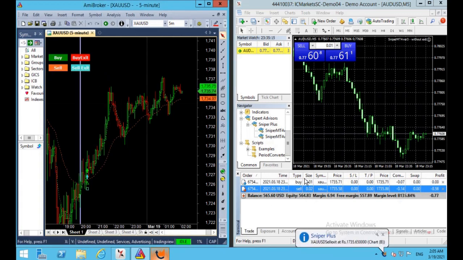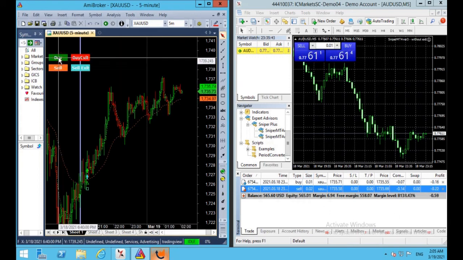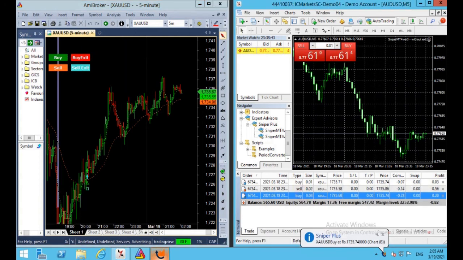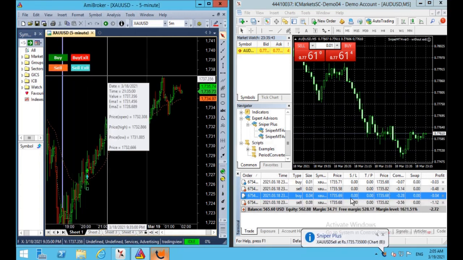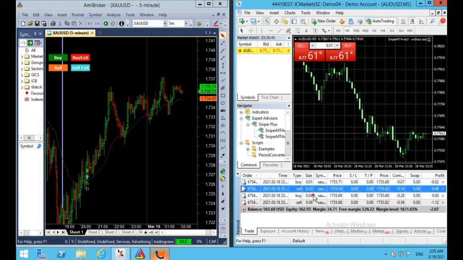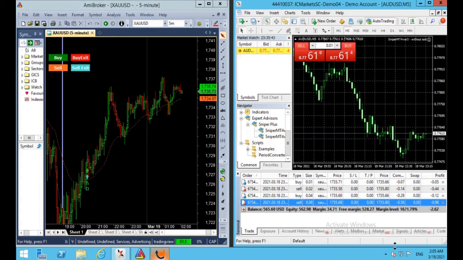Now if the exit signal is coming from the AMI broker, then the position will be exited here, because we are using the combined profit. So with the combined profit of $2, when $2 profit is achieved in combination, it will book the target. Now you can see it is taking sizes like 2, 4, 8, it will be increasing. That is because the combined profit of $2 is achieved now. Now it will book the profit. So this is how it will work.